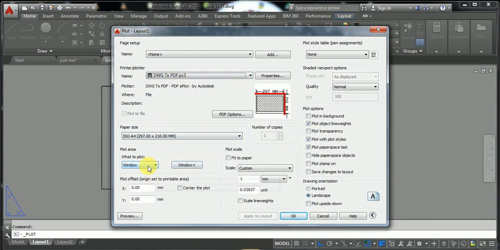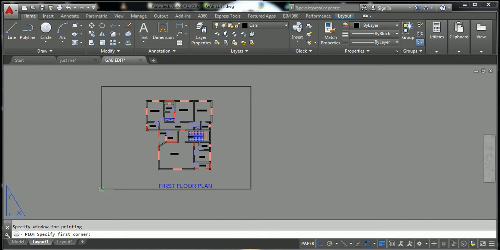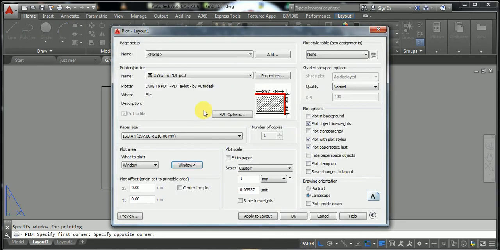Then what you need to do first is, sometimes probably you might find this thing in layout without any window. But if you want to concentrate on this particular space to plot, you go to your window, you click window, it will pop this particular space, you click on it, then it will show you this one to capture. Then you choose from here and capture it like this. After capture it will still take you back to the normal space. Then you click to fit in paper, then you click on center to paper.